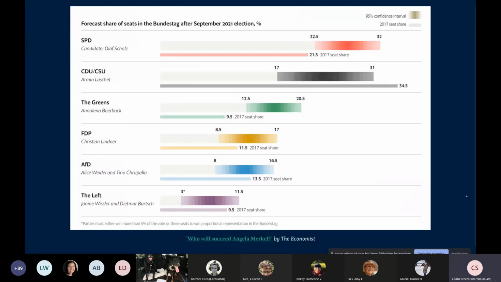And this is not exactly the same, but I came across this visual by The Economist on the German election, which is happening in less than 2 weeks, I guess. And I like the idea here. There's a lot of things to see here. So they have these confidence intervals, and this is actually uncertainty, showing the last forecasts with these strips. And then below we have a tiny bar which shows the actual seat share during the last election 4 years ago.